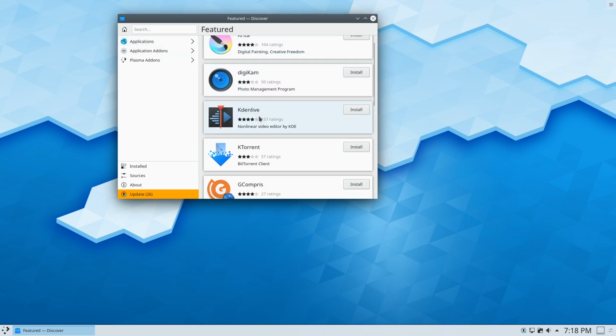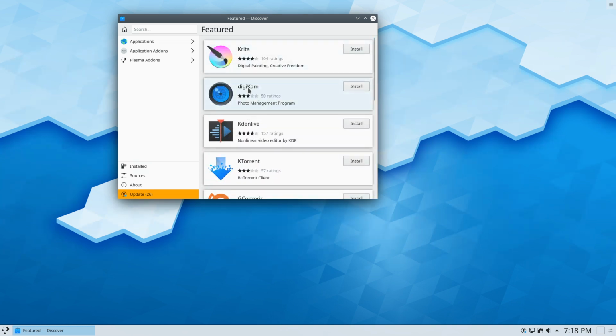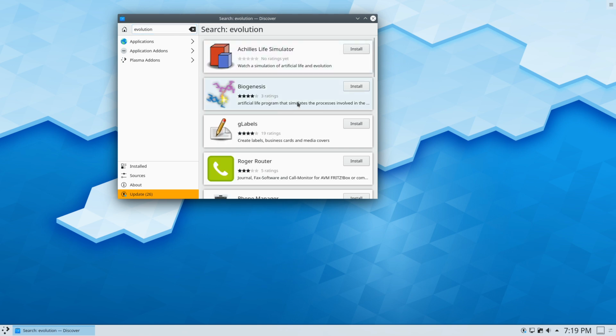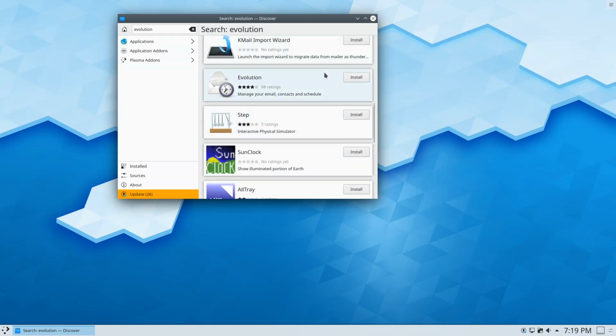All right. So here we have Discover as our software manager, which makes sense because that's the official Plasma software store, which is kind of a little bit buggy, kind of a little bit clunky. I have heard that it is getting a little bit better, but I don't know for sure. Let's go ahead and type in Evolution, see what we get here. So here's Evolution.